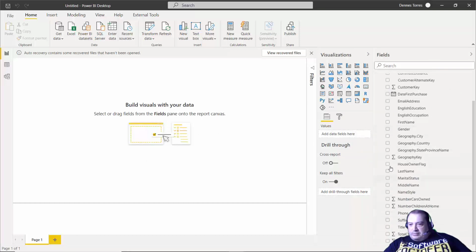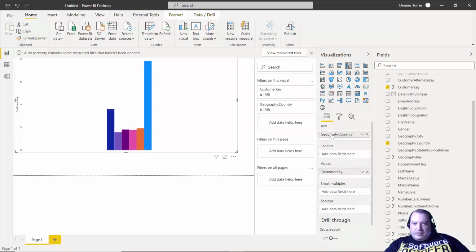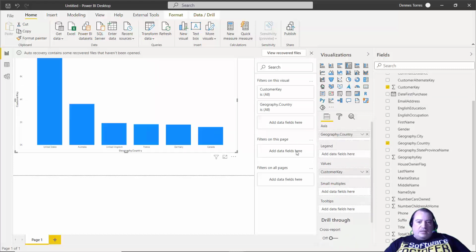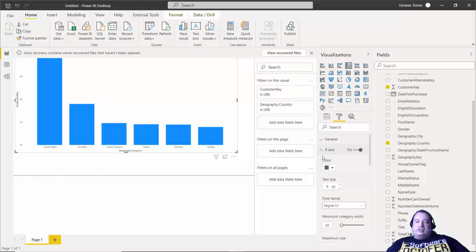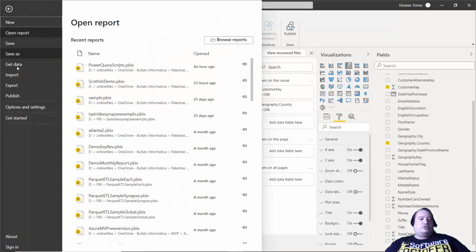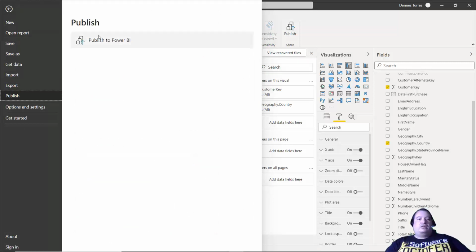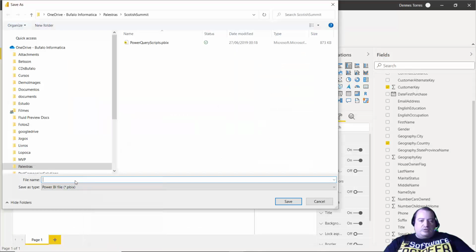So I can use the country name, geography country, and I can use the customer key, count, and now I can see the total of customers that I have for each country. That's it. Let's publish this report. I need to save. Let's call it